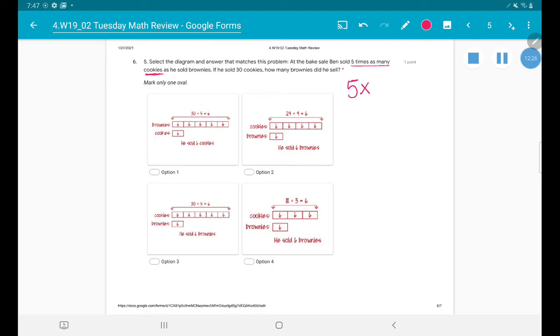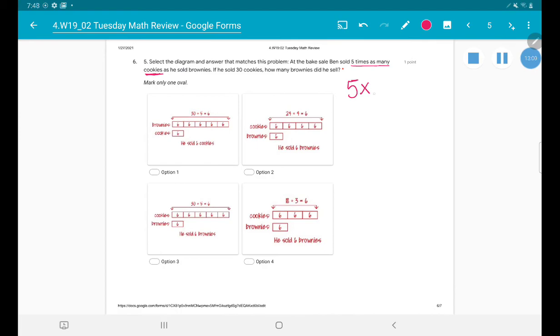If he sold 30 cookies, how many brownies did he sell? So, reading that again, at the bake sale, Ben sold 5 times as many cookies as he sold brownies. If he sold 30 cookies, how many brownies did he sell? Okay, if he sold 5 times as many cookies, that's going to tell me that he sold more cookies than